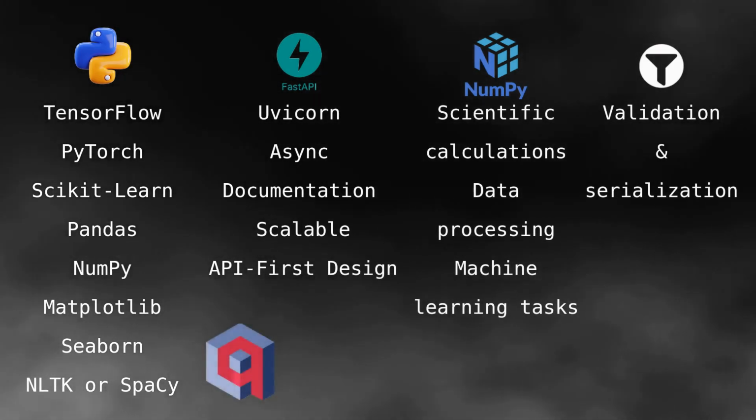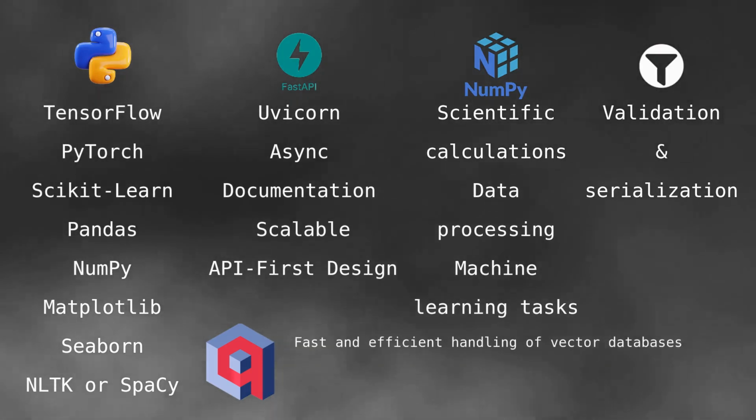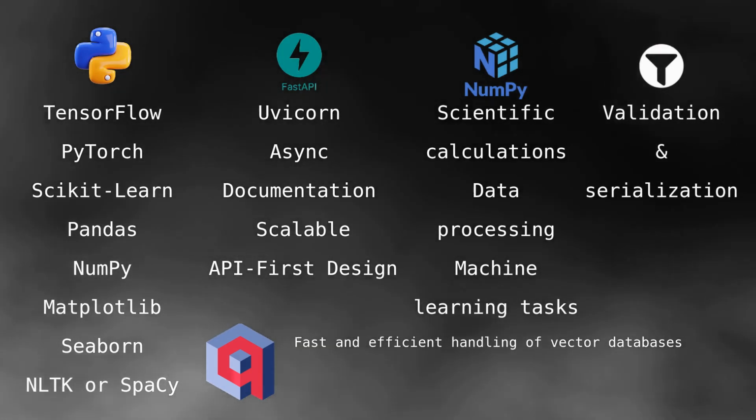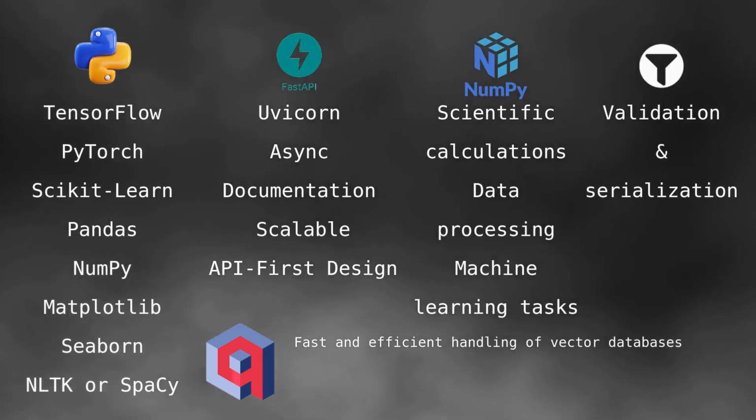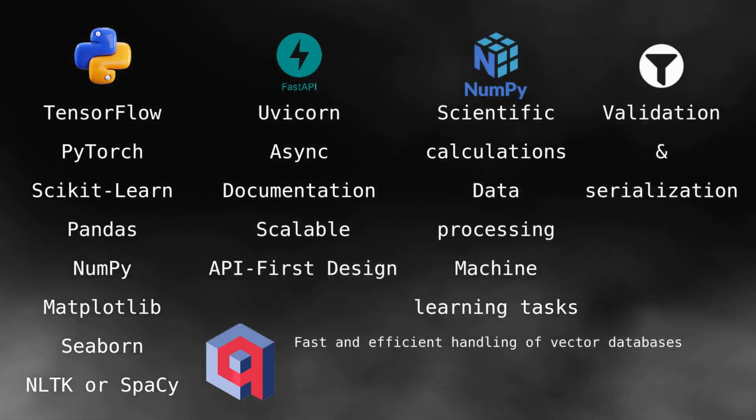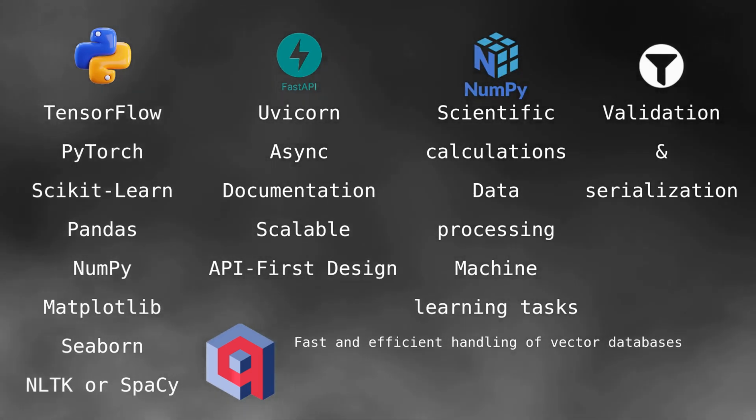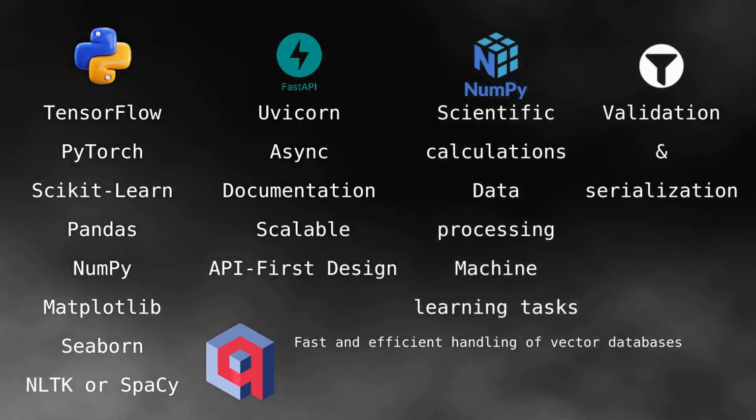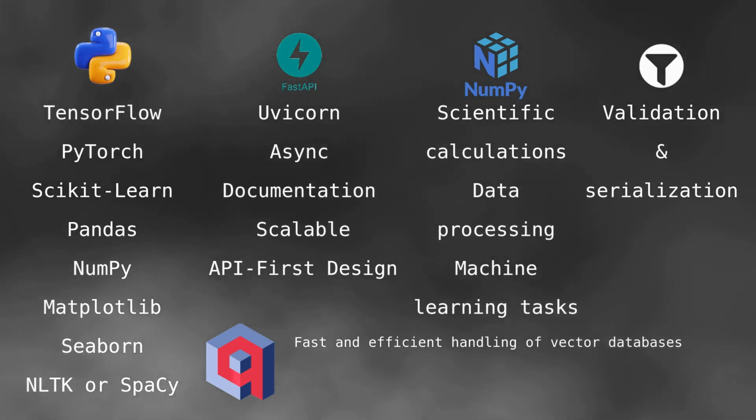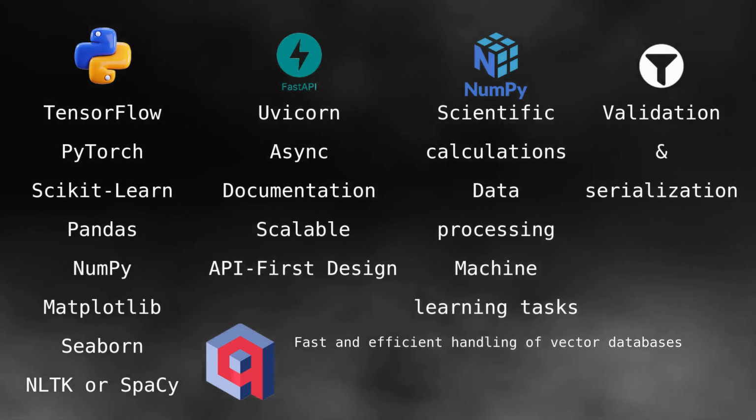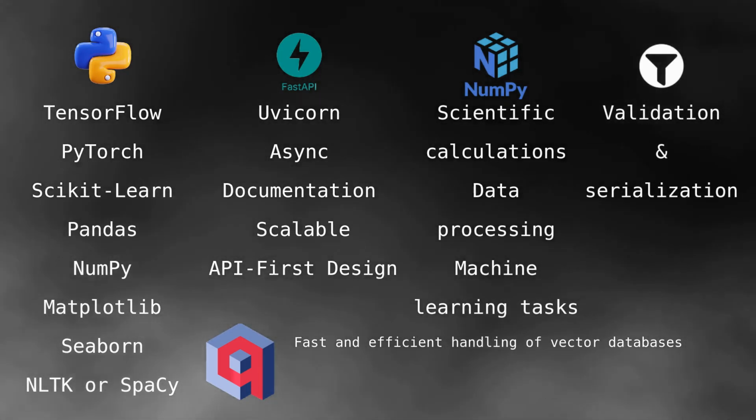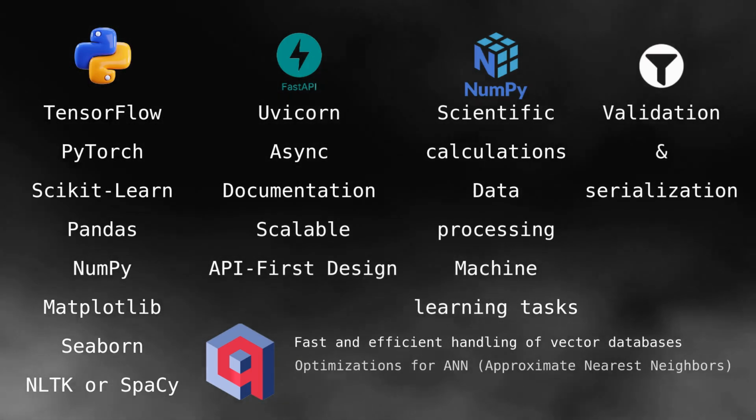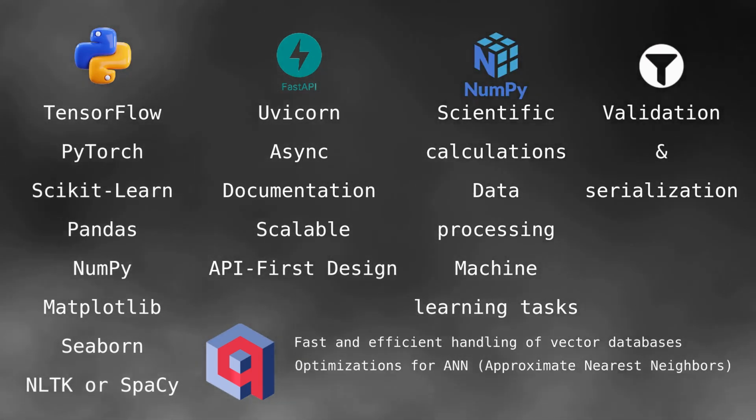We choose Qdrant because it ensures fast and efficient handling of vector databases, making it easier to implement functionality for vector search and comparison. This makes it ideal for AI projects involving RAG, Retrieval-Augmented Generation approaches. Qdrant is faster and more efficient in certain cases than the others due to optimizations for ANN,